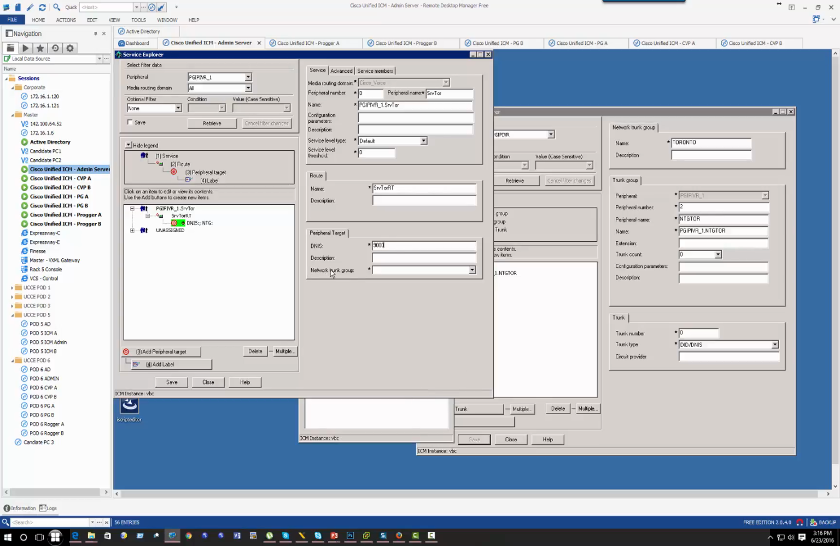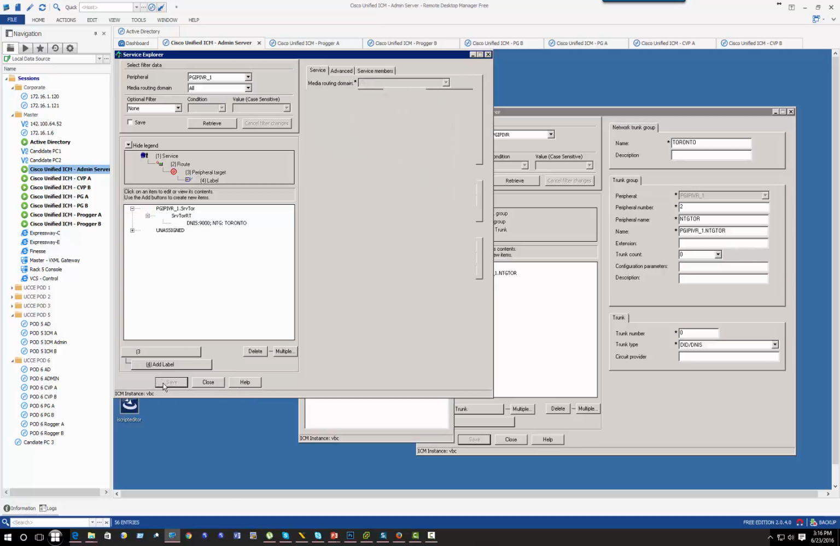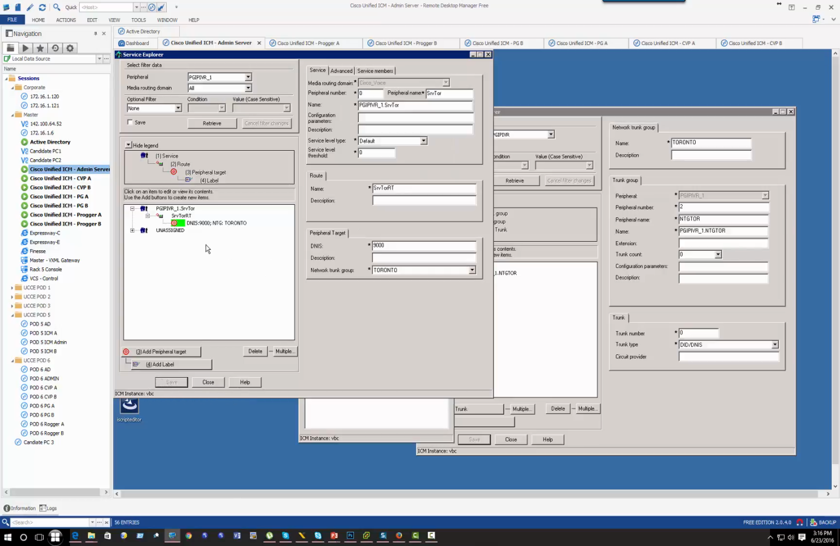We're going to choose the network group, Toronto, and we're going to save that. Now if I want to return this, we can also of course add a label to the same routing client, such as a call manager. 9000 should be returned. Alright, so once my service has been associated with my trunk,